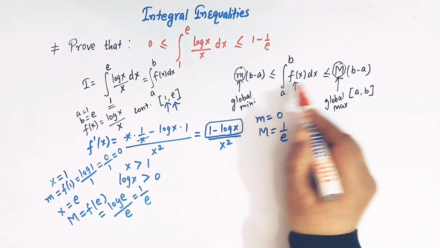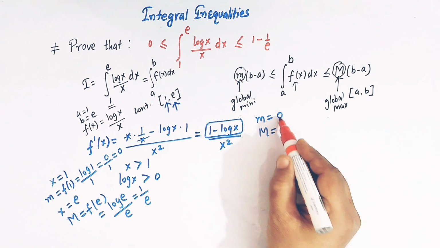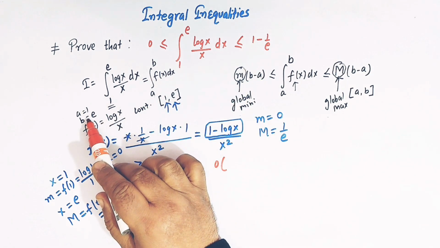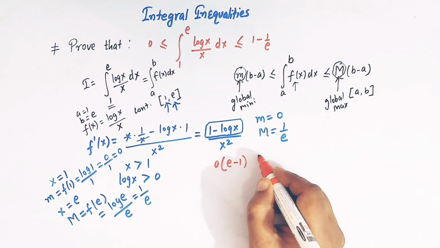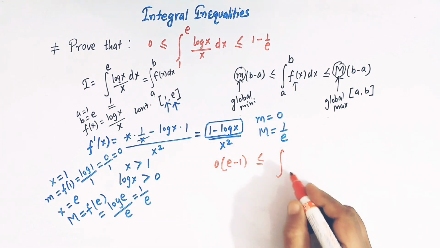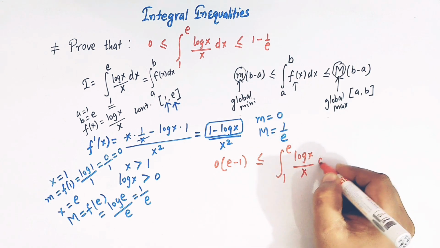So now using this inequality, we can write m is 0. So we have 0 times b minus a, b is e and a is 1. So we have e minus 1. Then we have less than or equal to the integral 1 to e log x over x dx, that is